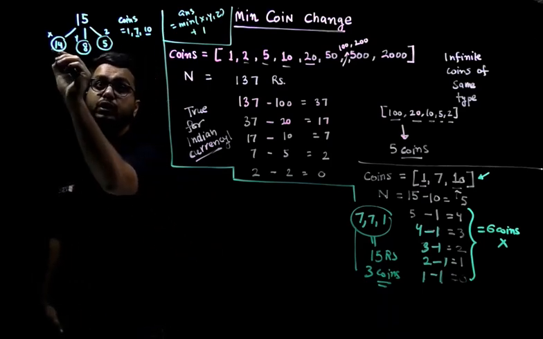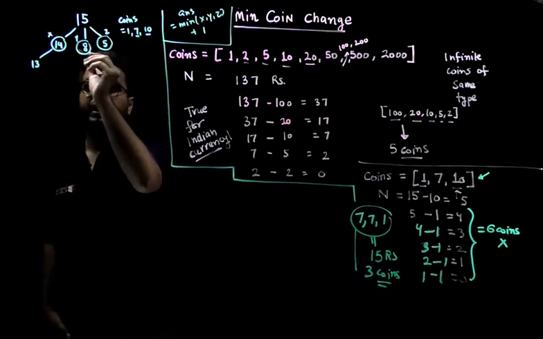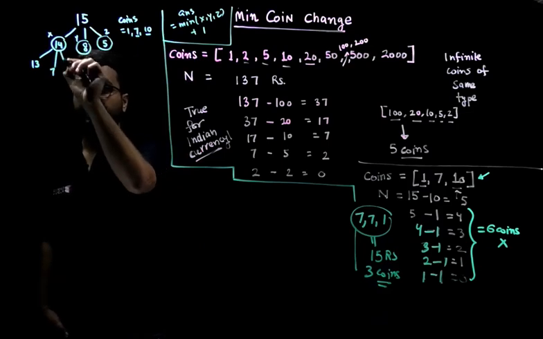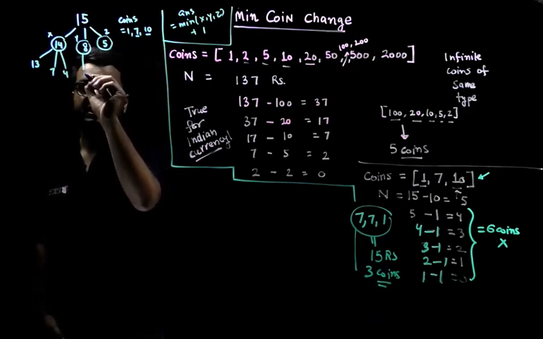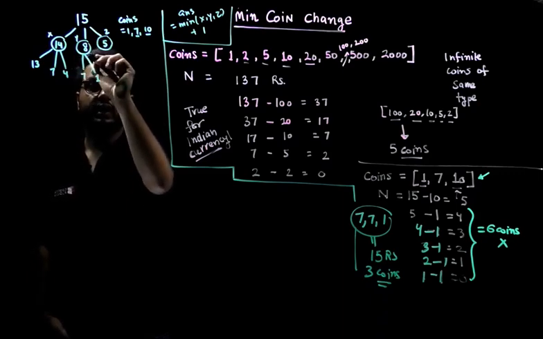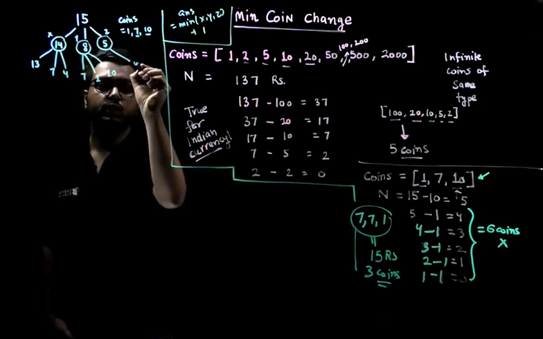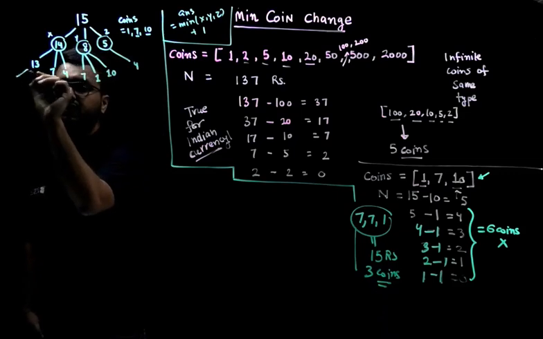So you can break down 14 into, okay, I can go to 13. If I pick 7, I can go to 7. And if I pick 10, I can go to 4. Again, from 8, I can go to 7, and I can go to 1, and I can go to 10. And similarly, from 5, I can go to only one state, which is 4, right? And this is going to be quite